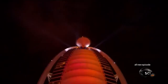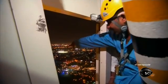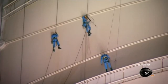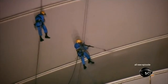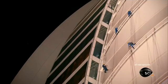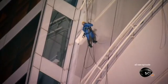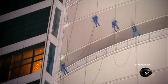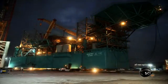Four times a year, armed with jet washers, a daring crew get ready to launch themselves off the Burj Al Arab to give it a good scrubbing. This is a high-risk event because these people are completely relying on the ropes and the harnesses which they are wearing. The gusting wind makes this a tough job. It's currently running at 10 knots now, so it's getting very close to that borderline where we need to stop work and get the people back from the sail. It takes 14 nights to wash all the sand off the Burj Al Arab and make it gleam again for the visitors. Most of Dubai's wealth